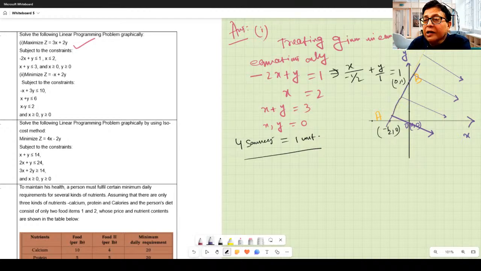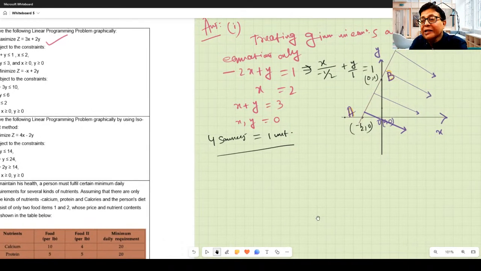I am changing the color of my pen for this. This is AB line like this. And next one, x less than or equal to 2. 2 means how much? 2 means you have to count for 1 unit 4 squares. For 2 units 8 squares will be there. So here,